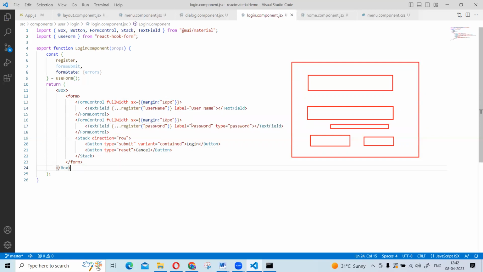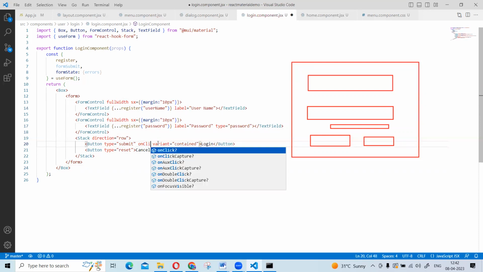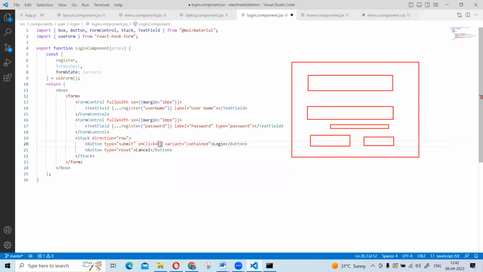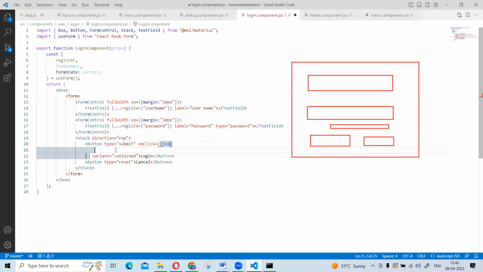That's it. So registration is completed. Okay, so buttons are ready. So now let me add onClick. onClick is equal to braces, arrow function. So here, onClick of the button, when I try to submit